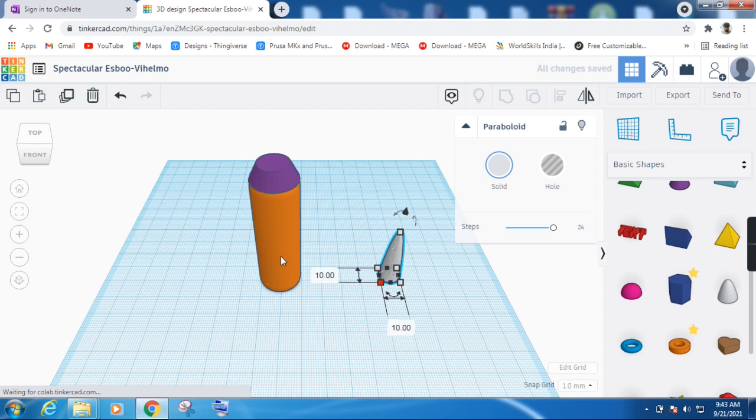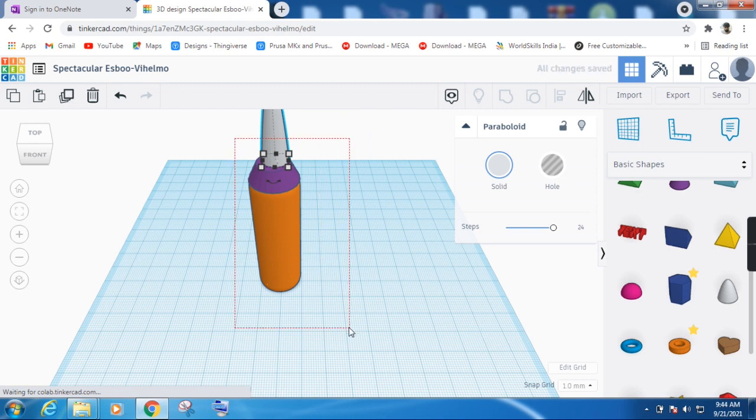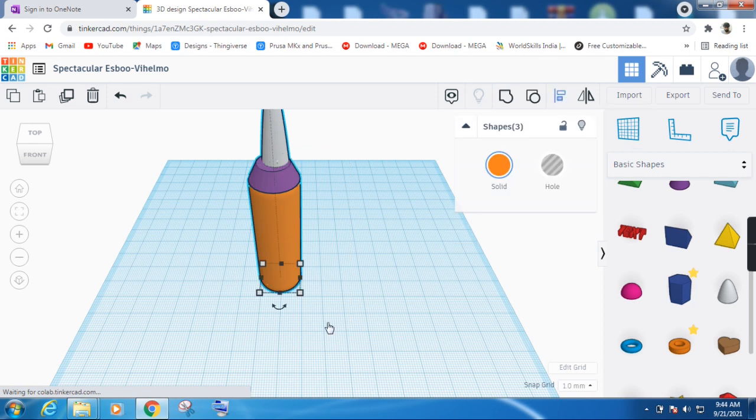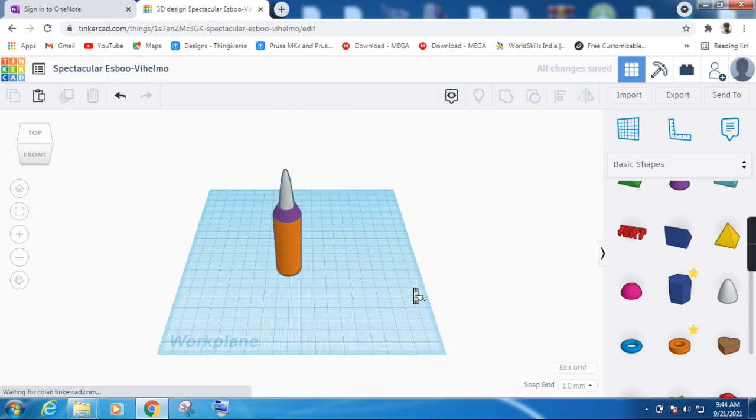Now you know that this one is 60 and this one is 7, so we have to take this one up to 67. So I will make it go up a little and I will type 67 here. Then I will use my arrow key and bring all of those here. Now I will select all by holding my left mouse button, click align, then the middle black spot, the left black spot. Now you see that it got aligned.